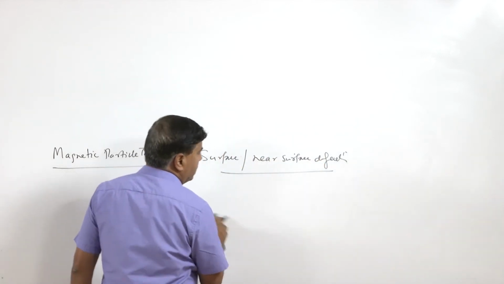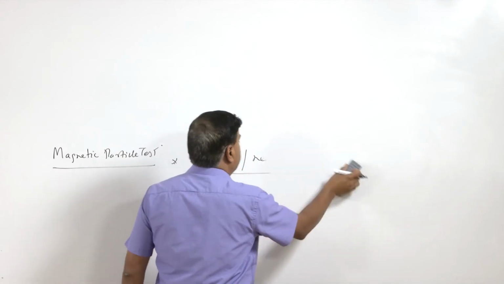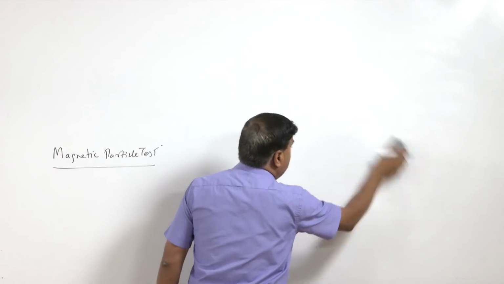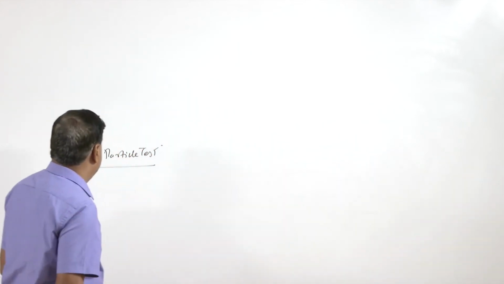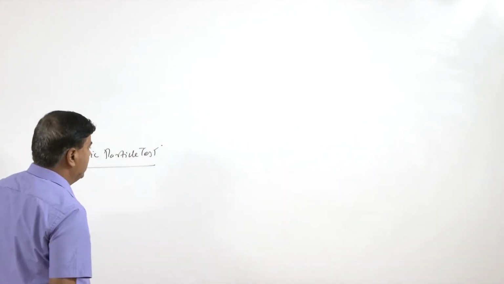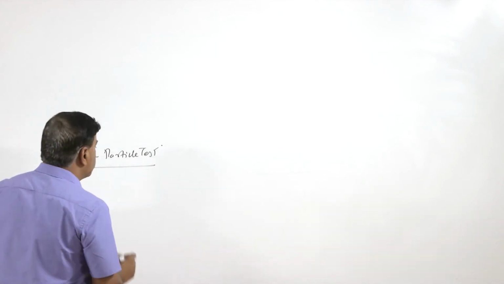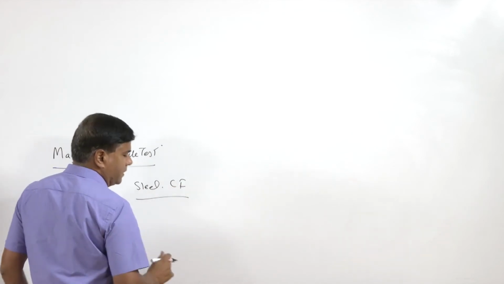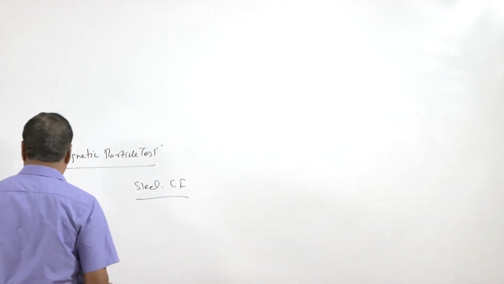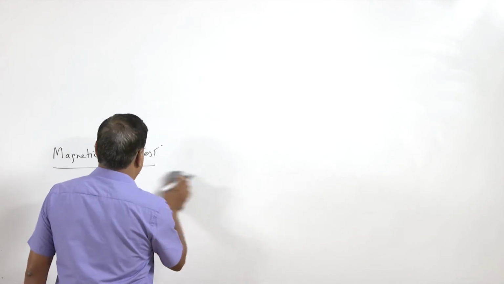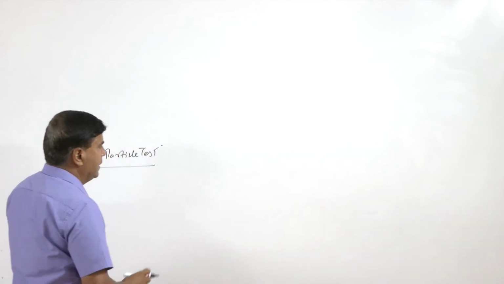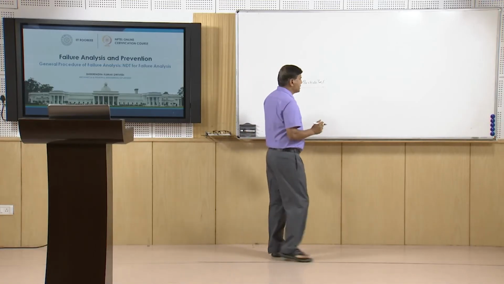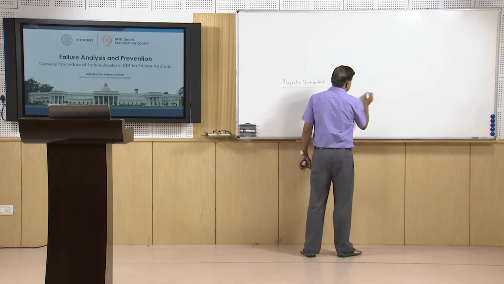For non-magnetic materials and poorly magnetic materials, it cannot be applied, and therefore mainly this one is applied for ferromagnetic materials. So, mostly for steels and cast iron kinds of components, their discontinuities can be easily checked through this magnetic particle test. To understand this test, we need to see certain basics of magnetism, where we